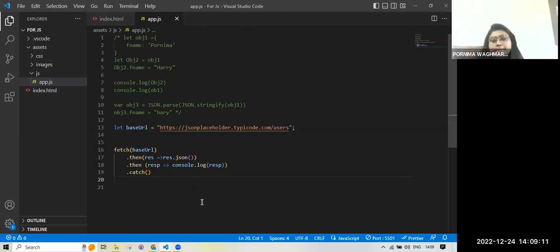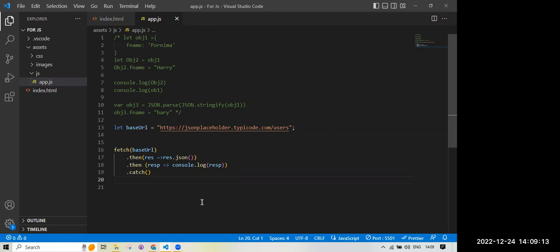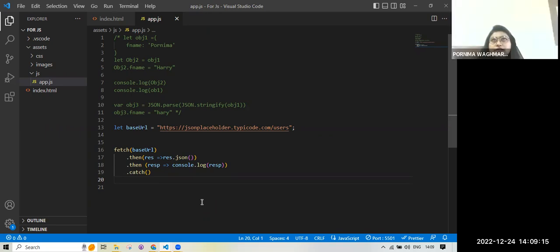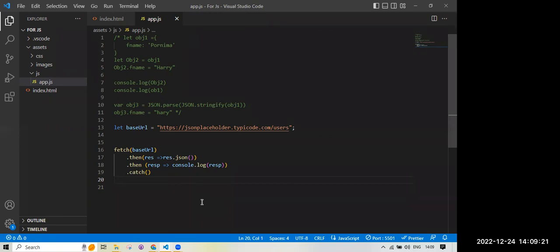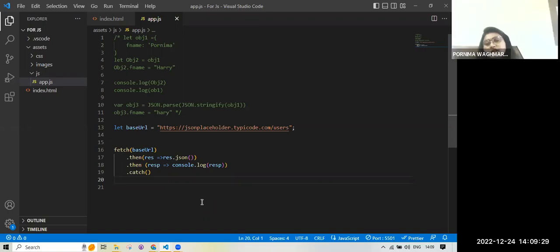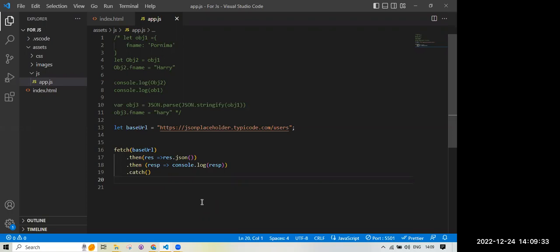So it gives us a relative path or an absolute path. In the TS file, by default, it gives an absolute path. For giving current path, we use activated route.